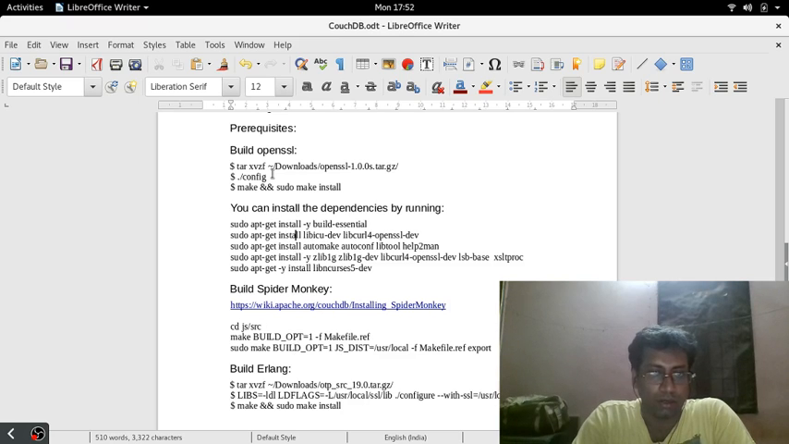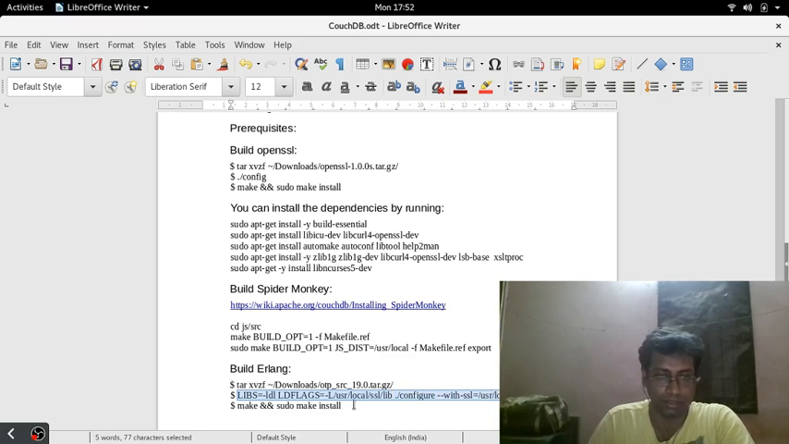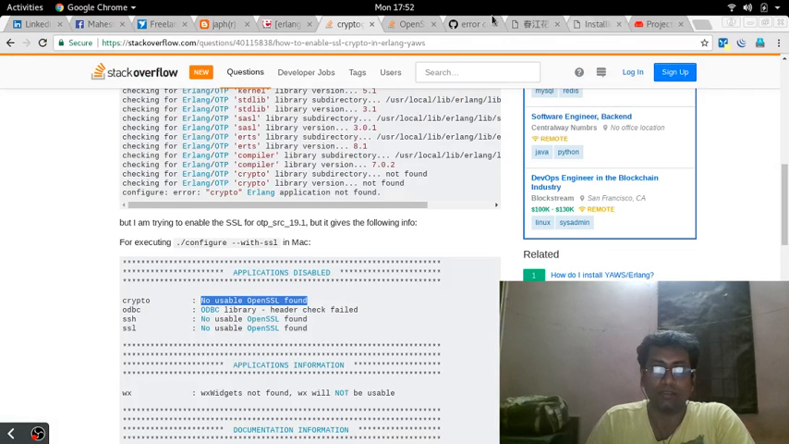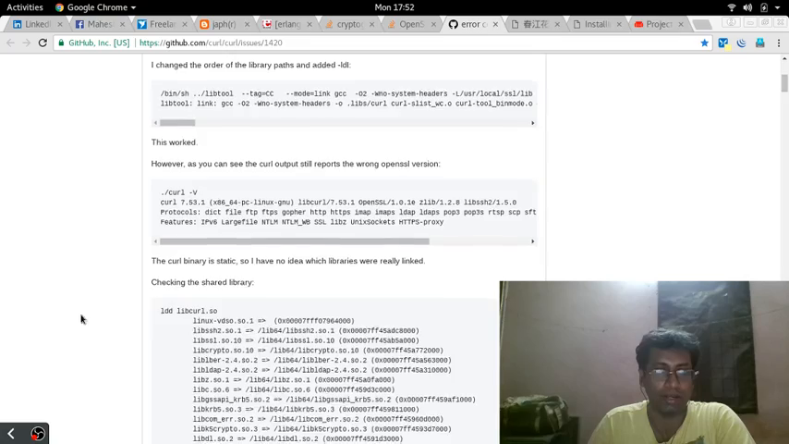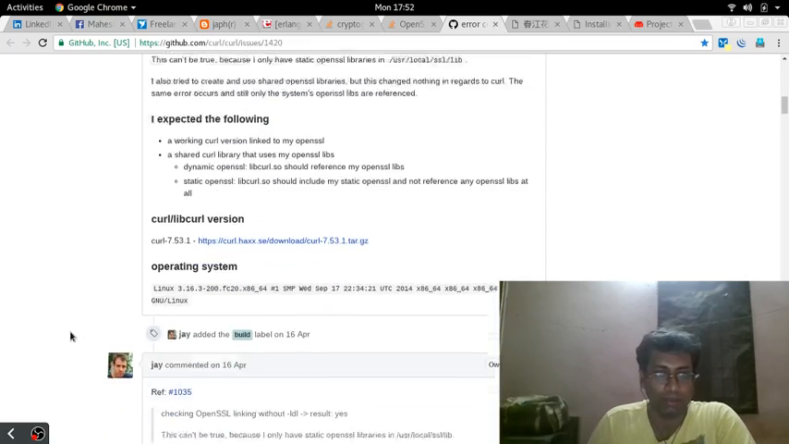After that, I assume that you already have the dependencies installed and SpiderMonkey also installed. Then in Erlang, download Erlang's .gz file, extract it, and use LIBS=-ldl LDFLAGS=-L/usr/local/ssl/lib ./configure --with-ssl=/usr/local/ssl. So this was something mentioned as a solution for getting curl to work with OpenSSL, and